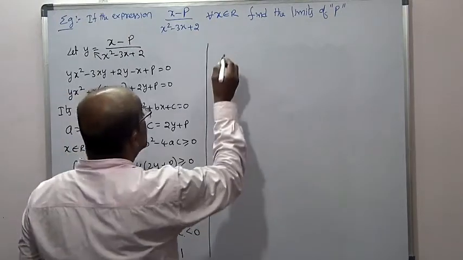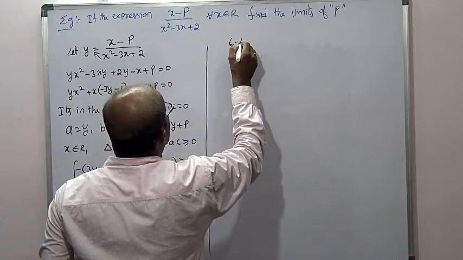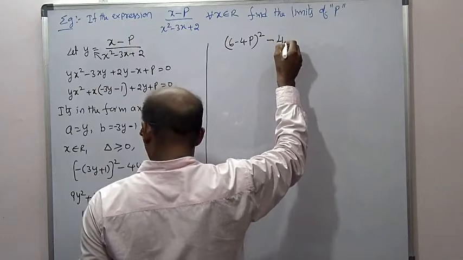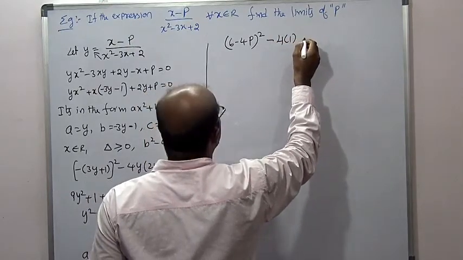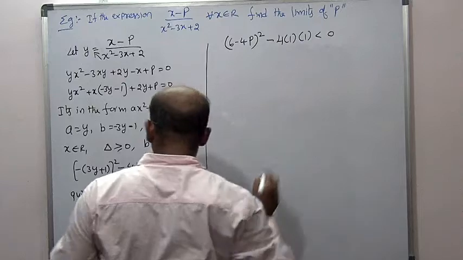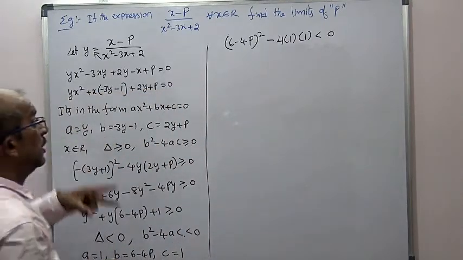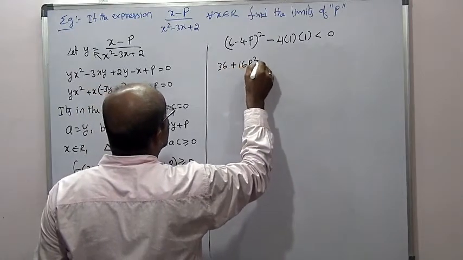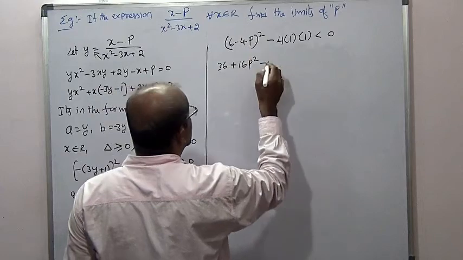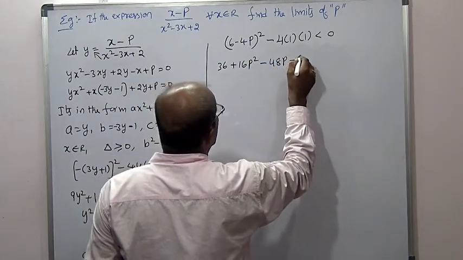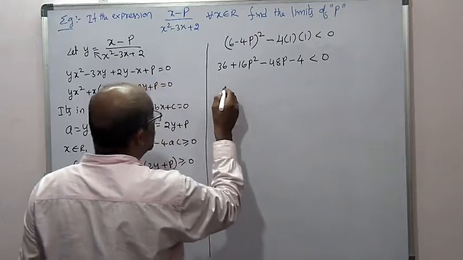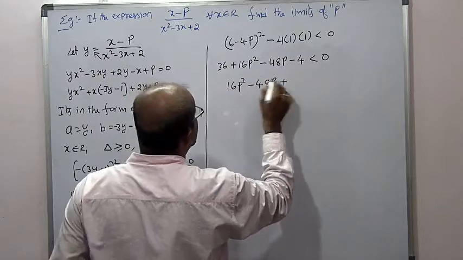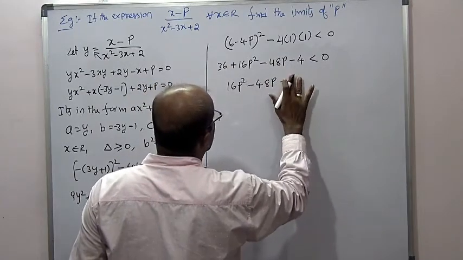Now, b square, (6 minus 4p) whole square, minus 4 into 1 into c value also 1, less than 0. Now expand it. 36 plus 16p square minus 4 sixes are 24, 24 twos are 48p, minus 4 less than 0. So 16p square minus 48p plus 36 minus 4 is 32